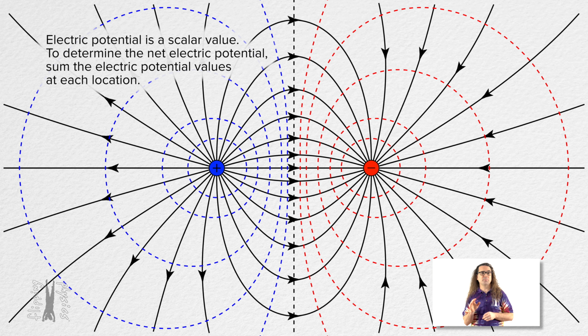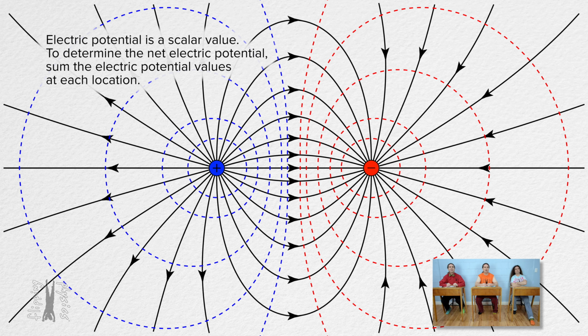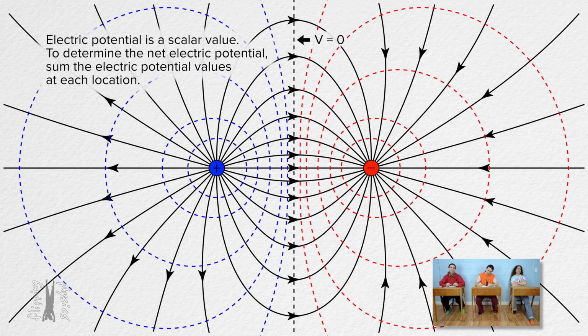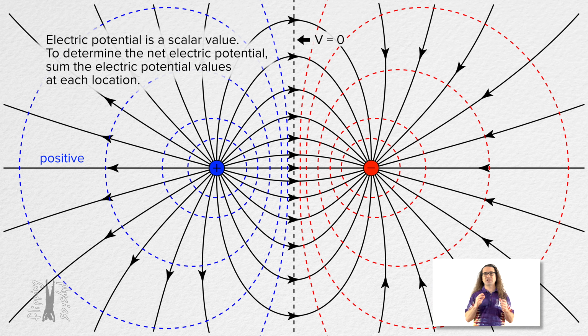Now, notice the electric potential caused by the electric dipole is calculated simply by summing the values of the electric potential caused by each point charge. This is because electric potential is a scalar value. This means there exists, for an electric dipole, a vertical equipotential line directly between the two equal magnitude charges because the electric potential from both charges adds up to 0 along that line. That means all of the equipotential lines in the positive point charge half of the electric field are positive, and all of the equipotential lines in the negative point charge half of the field are negative.